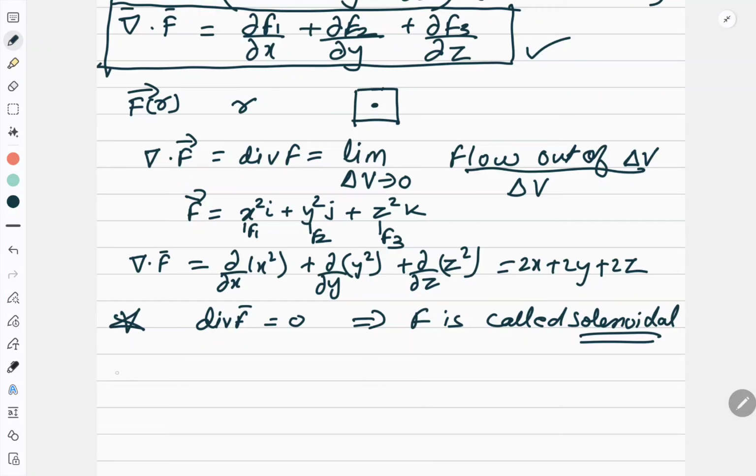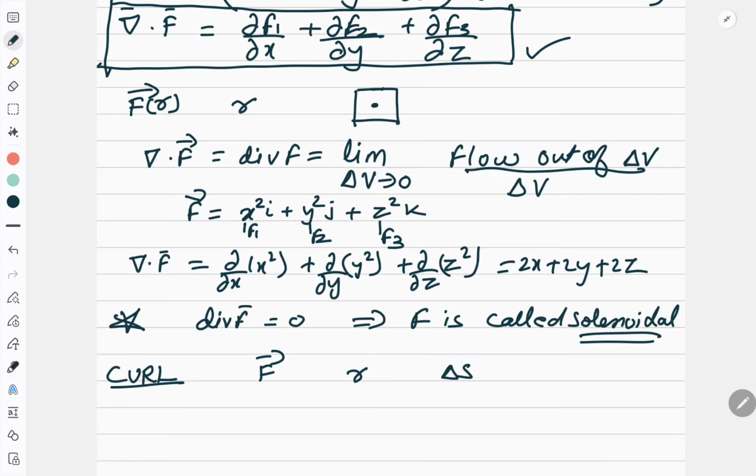Now let's move to the other thing, which is curl. Now what exactly is a curl, that we need to discuss. Now we can say how to define a curl. Suppose there is a vector field f, and there is a point r on it, and we enclose this by an elementary volume dou s.